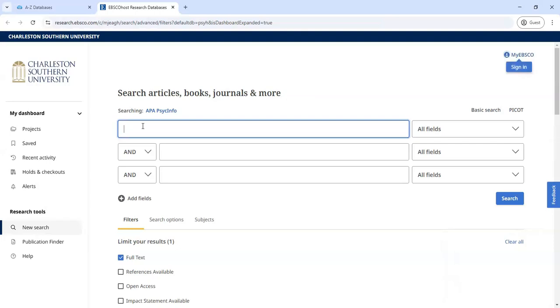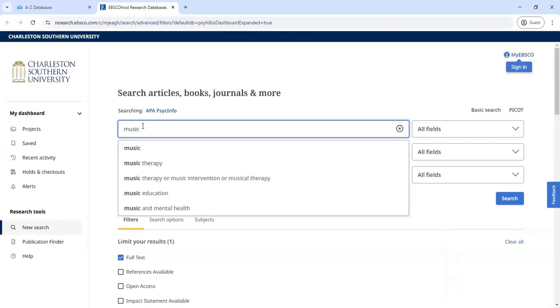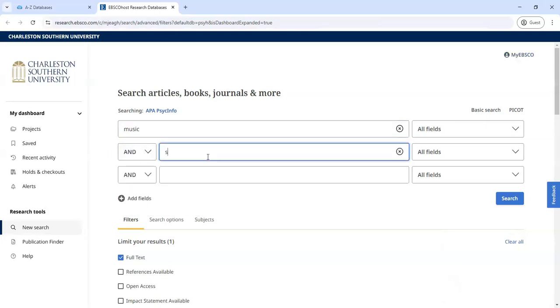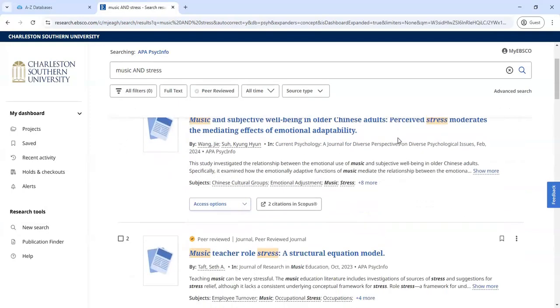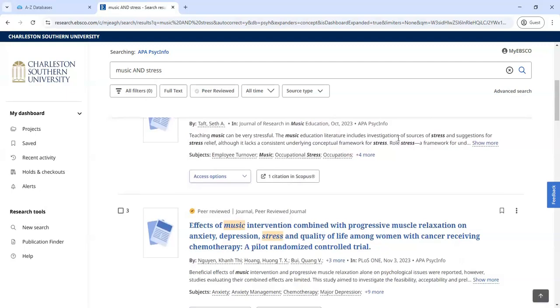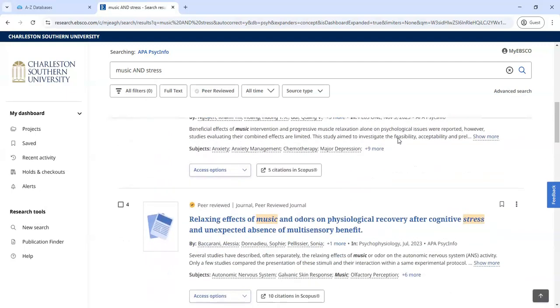We'll do a search for the effects of music on stress. As you begin to type, the autocomplete feature appears with popular searches or publications that you can click to quickly perform a search. As you scroll down, you'll see different journal articles that apply to music and stress. But before we select one, I want to show you a couple more ways you can narrow or expand your